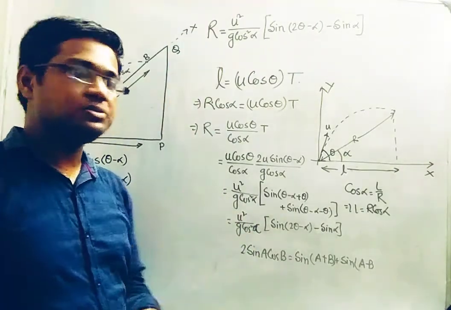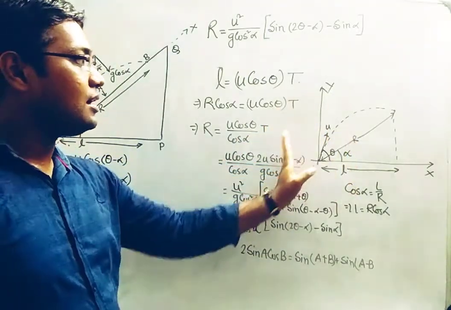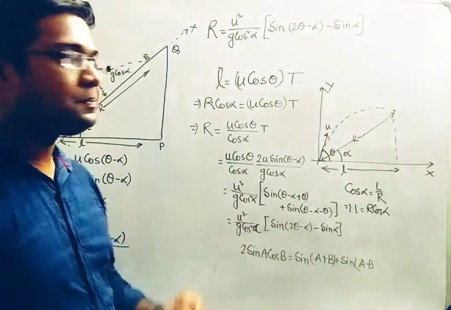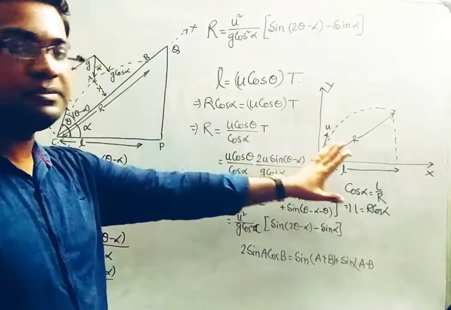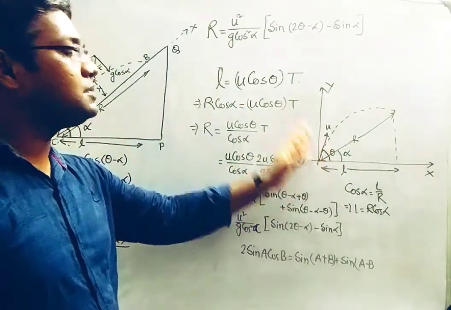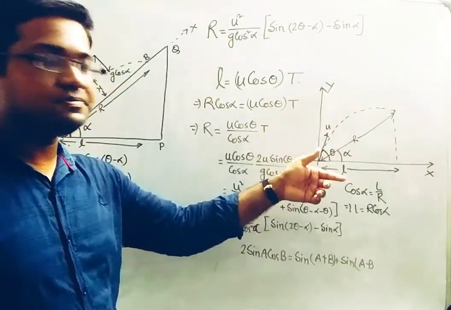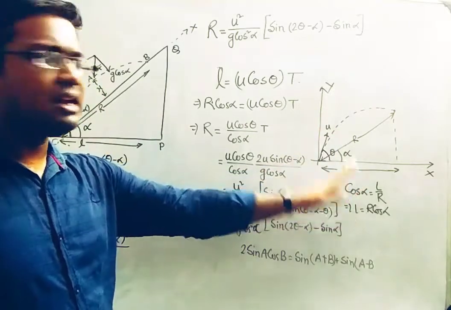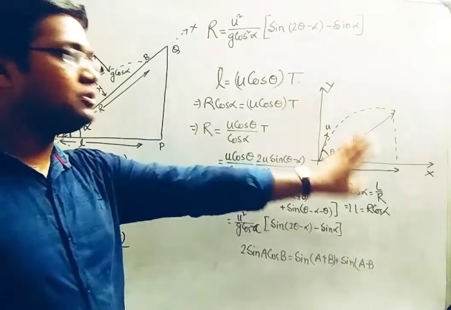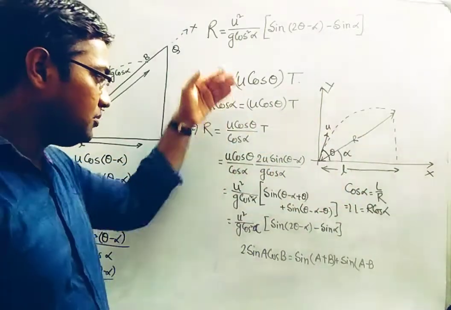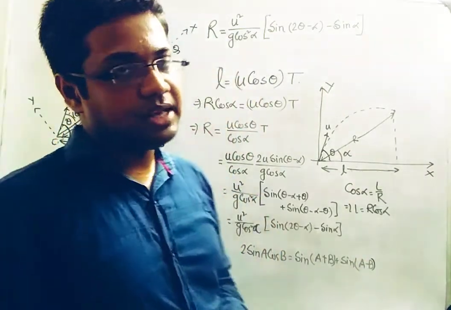Whatever method you choose, if you change the reference frame, please draw it in a different way, in another place, and just explain what you have drawn. Here you are changing the reference frame, and here u cos theta, the horizontal component of velocity, is independent of the acceleration due to gravity. It is motion under uniform velocity and zero acceleration, that you have to say after you do that. I think the concept is clear to you.